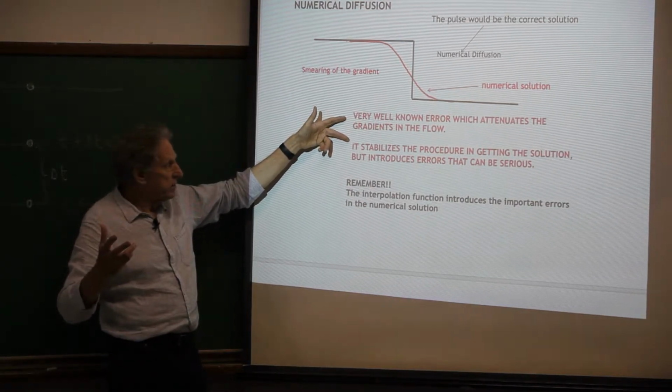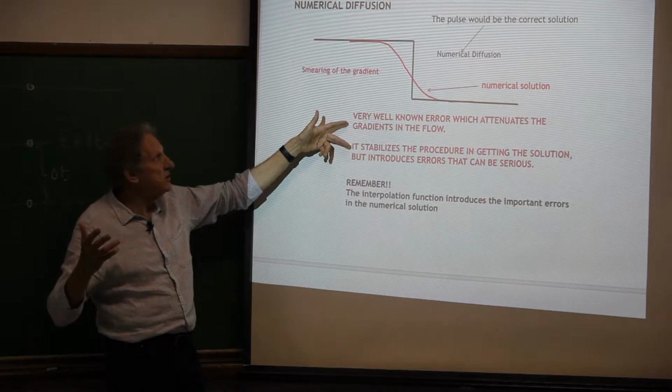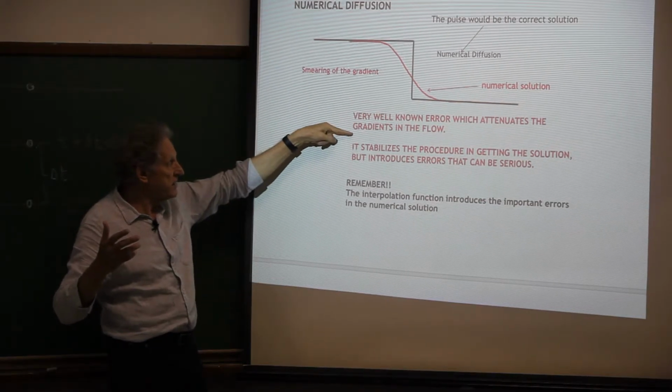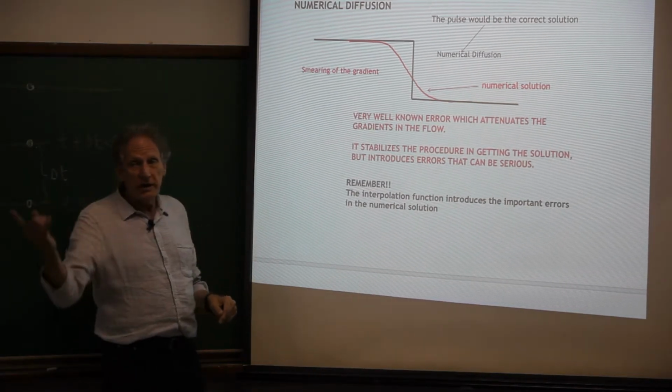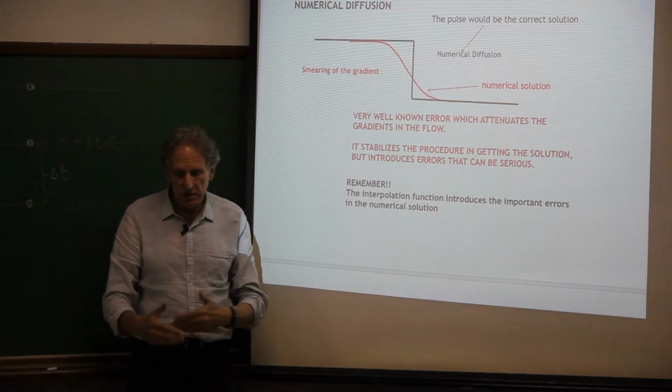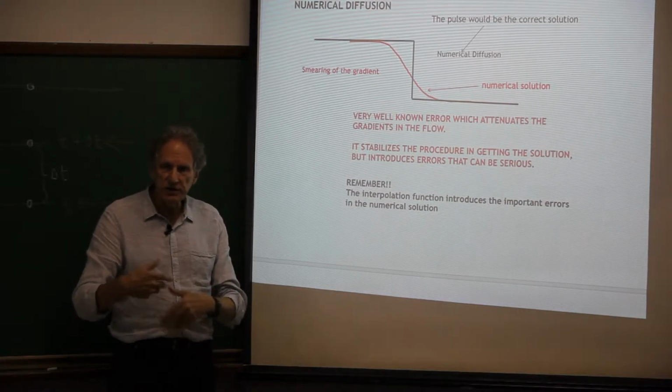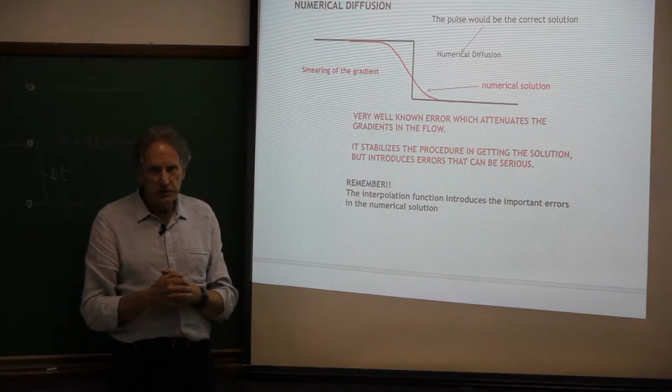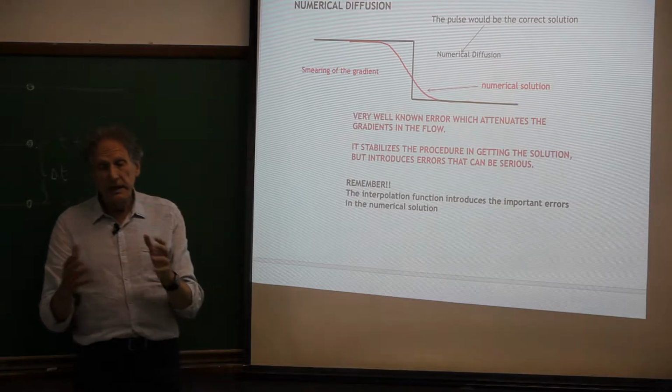There are very well-known errors which attenuate the gradients in the flow. Numerical diffusion does that. On the other hand, it stabilizes the solution, the procedure. It's a lot easier to get convergence if you use upwind. Then again,